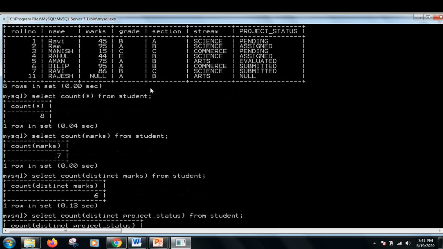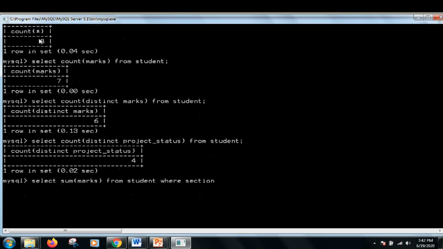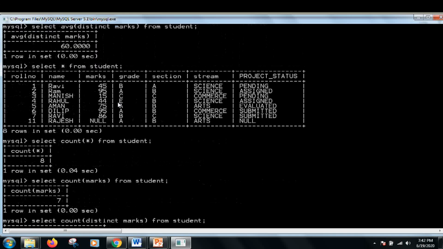For example, I want to find the sum of the marks of all those students who belong to section A or B. I can write this query as select sum marks from student where section is equal to A or section equal to B. See, it will find the sum for both sections A or B.